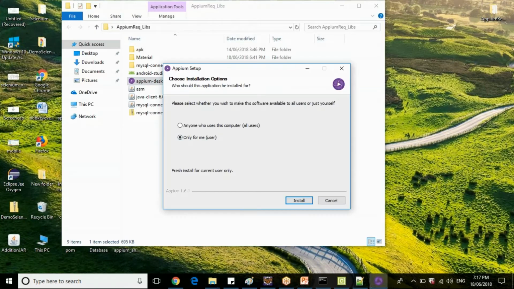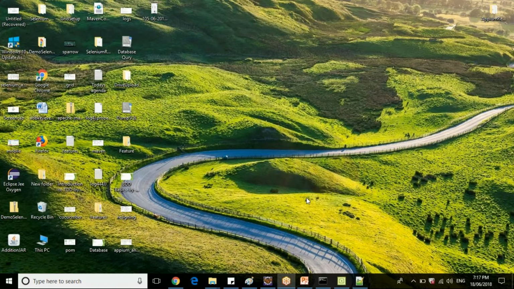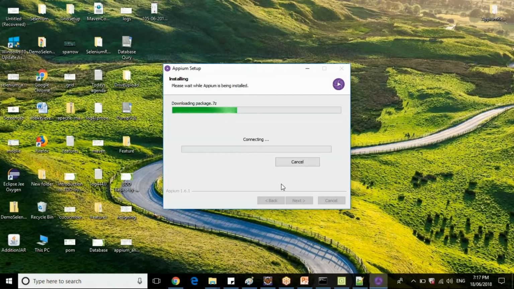So let me install this application. Select for everyone, anyone who is using this computer. It takes a couple of minutes to install the application.